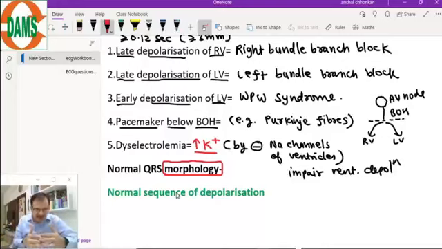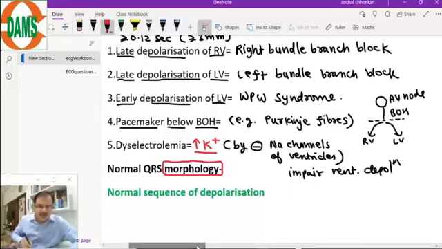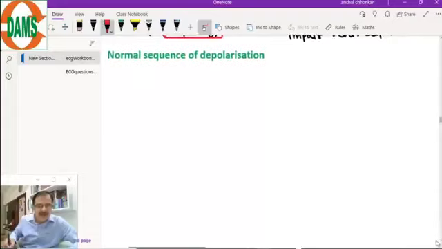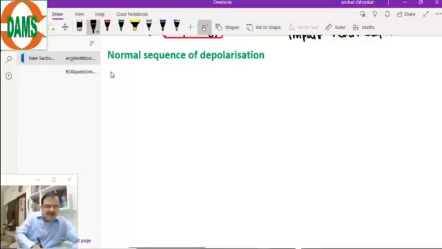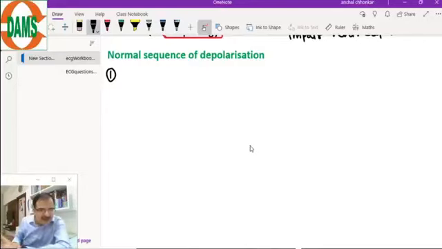Now we will understand how the morphology of the QRS is created. For this, we need to understand the depolarization of the ventricle accurately. So I will make a table, a diagram and the ECG, and the numbering will match on each aspect of understanding. First is the normal sequence of depolarization of the ventricles. If I have written number 1 in the table, that number 1 corresponds to the event in the diagram and in the ECG.